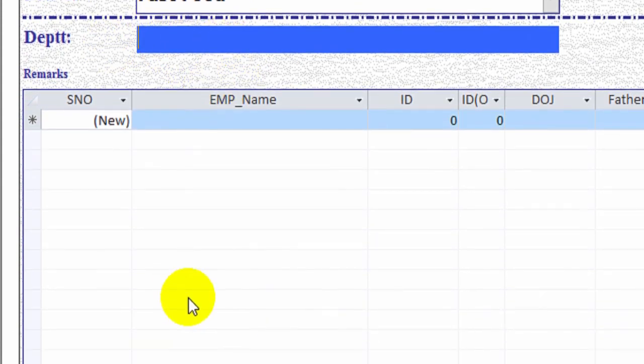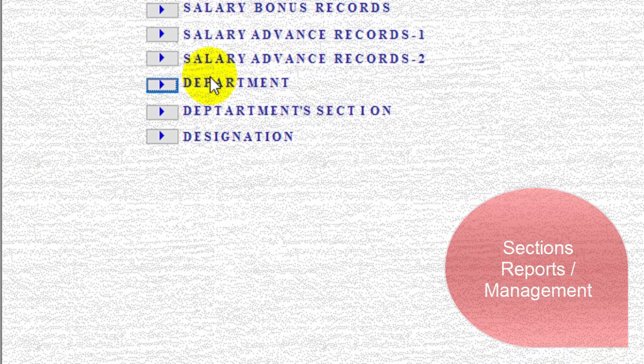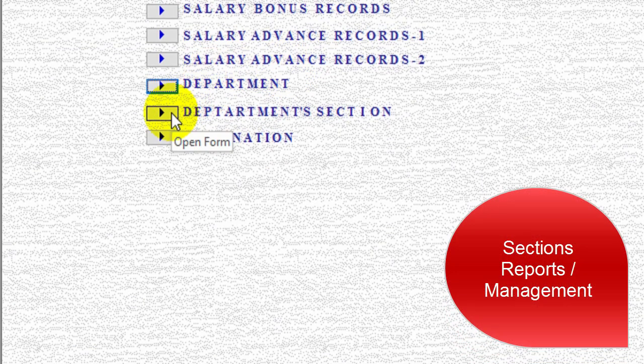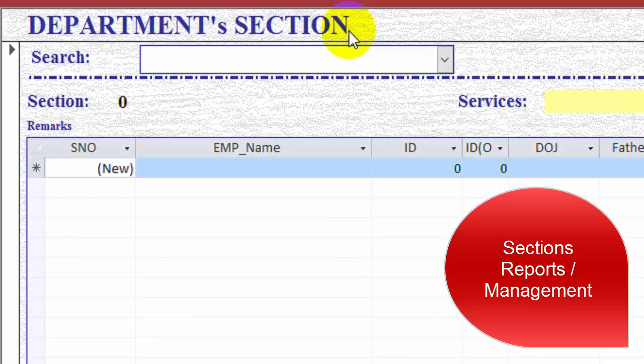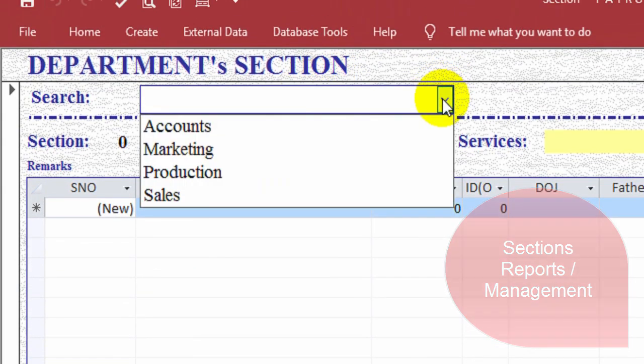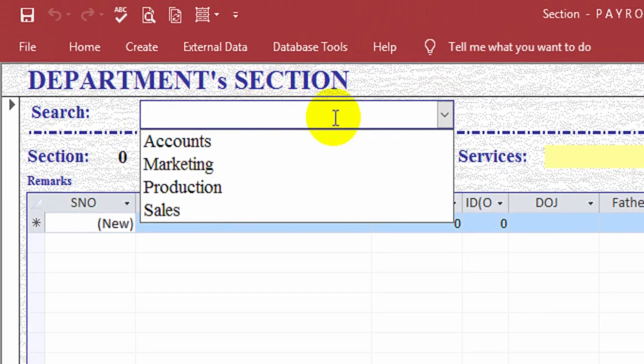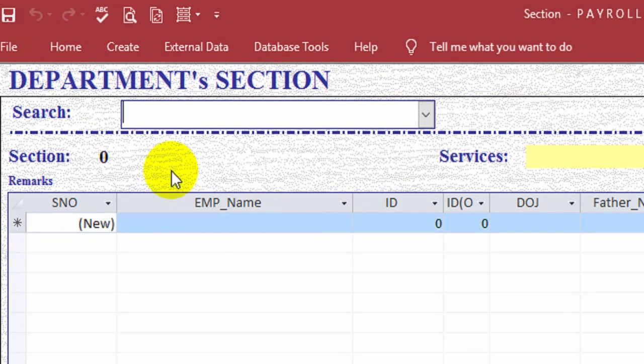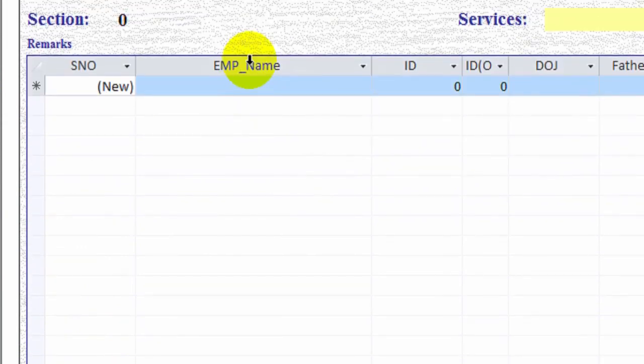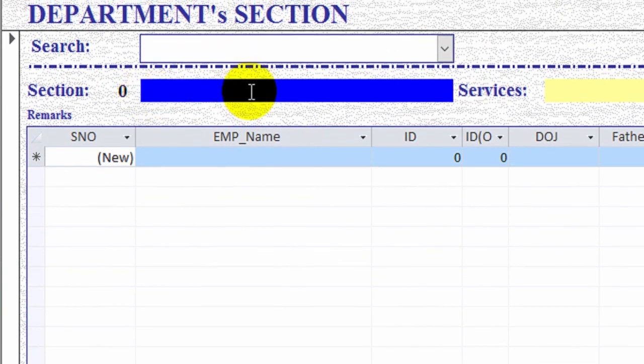Here you can add the new department or projects, and here you can add department sections like accounts, marketing, production. If you need a new department, you can write on new records over here.